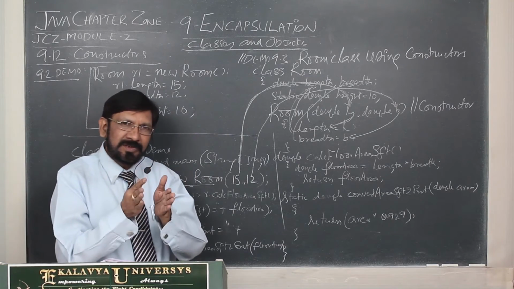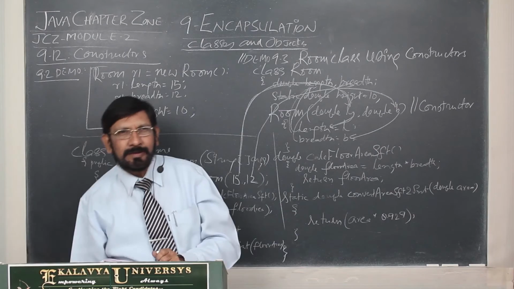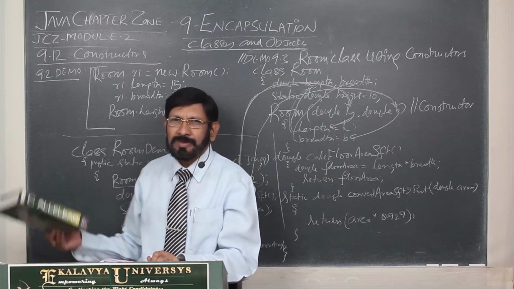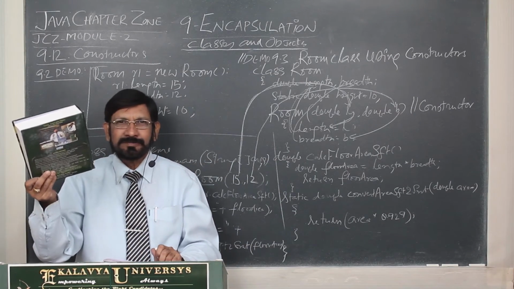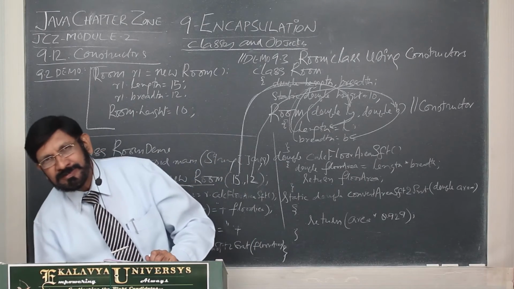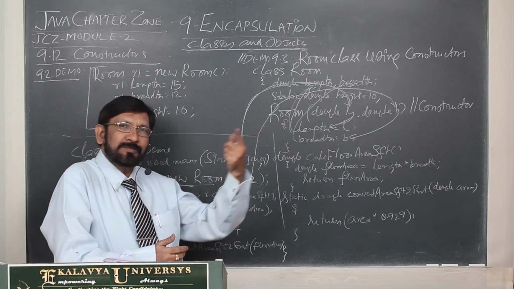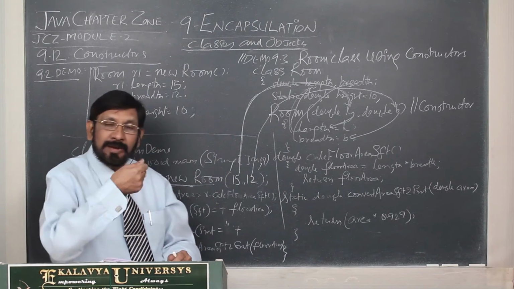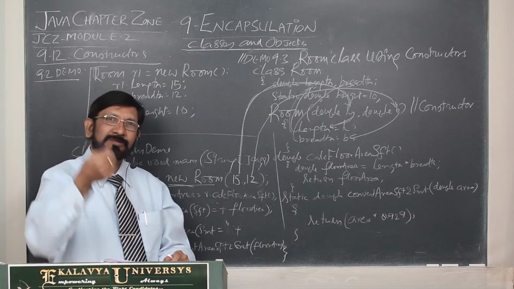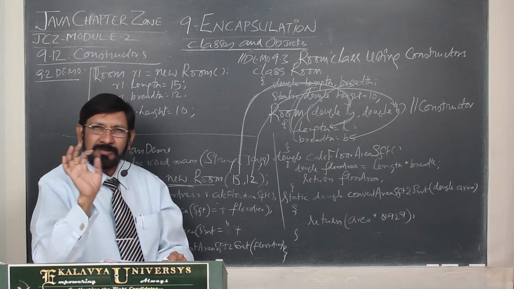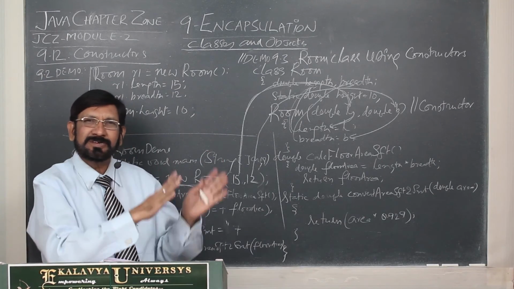Actually, a C array, if you take, is like a book. You can handle it directly. But what happens in Java? The Java array has become like a kite. You cannot directly handle it. For that, one thread is required. That is the only simplest difference between C and Java.